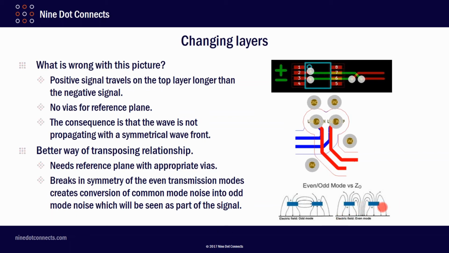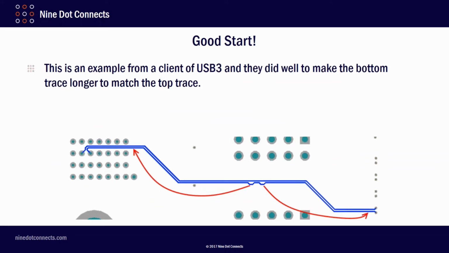If you get back to why we are doing differential signals to begin with, one of the things is to keep noise levels down. Well, how does it do it? It tries to make sure that any signal that's being induced on this trace and this trace are symmetrical. Well, if these impedances are not kept symmetrical, then that common mode noise gets converted into a differential noise, and that's detrimental. Now, here's an example of somebody that routed a board for one of the clients, and he started off really well,